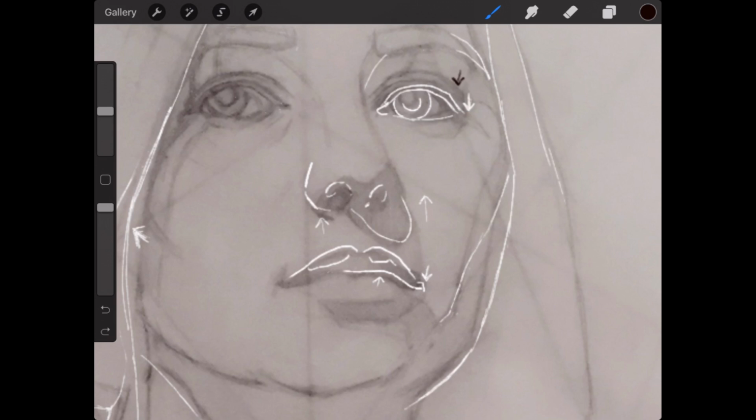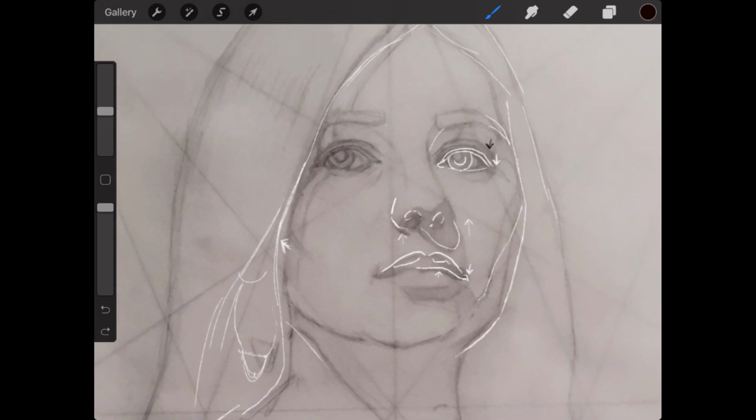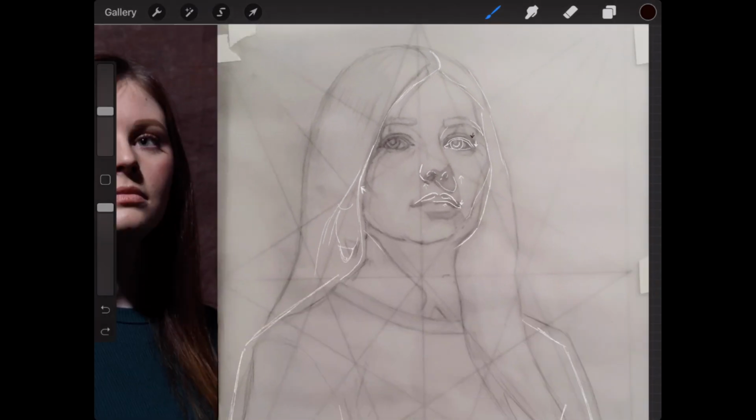But I've just been talking a little bit about the eyes and position. All the white lines are my suggested edits. And actually at the end of the live stream, I'm going to be emailing everyone this picture with the white lines so that you guys have a template to kind of work off of. So everyone will receive an email with their picture that looks just like this with the white lines so that you have something to look at as you're working.